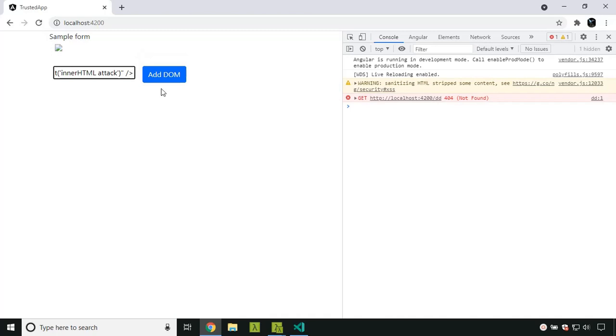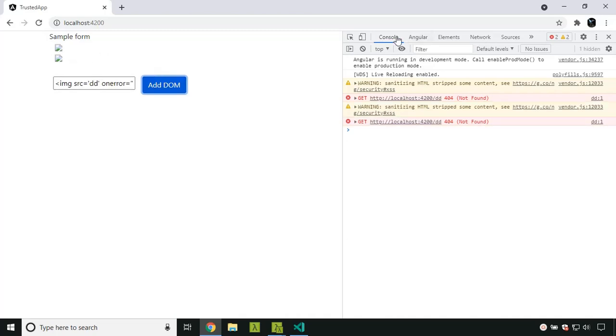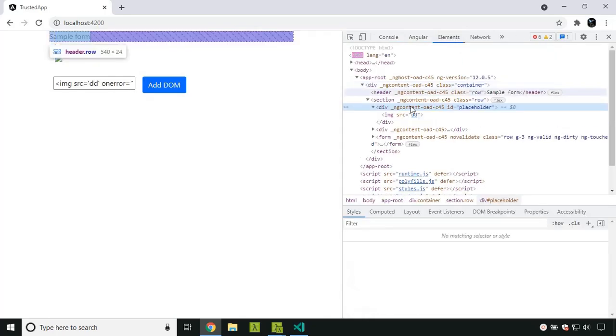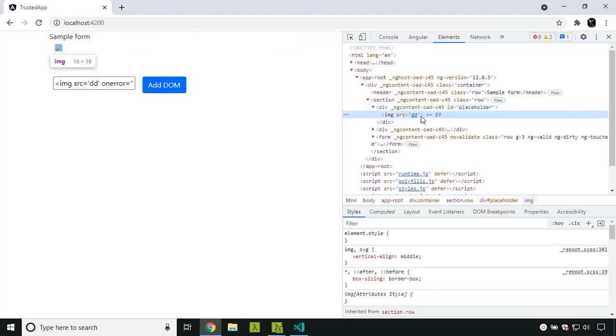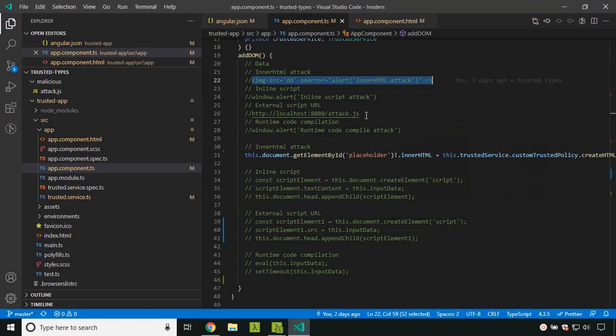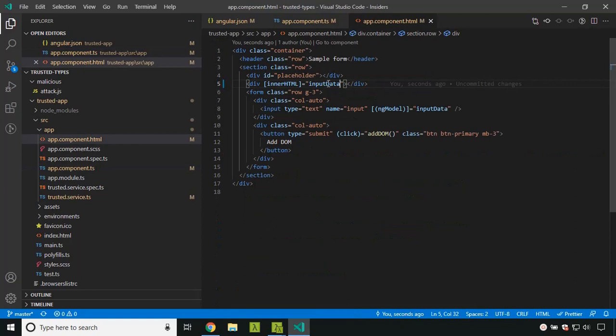When I assigned the value to the ng model, you can see that the pop-up did not come, and if you check the placeholder you can see that the string actually got sanitized. The dangerous JavaScript is removed by default. Whatever is bound to the template will be sanitized, so it is always safe to use the inner HTML directive.